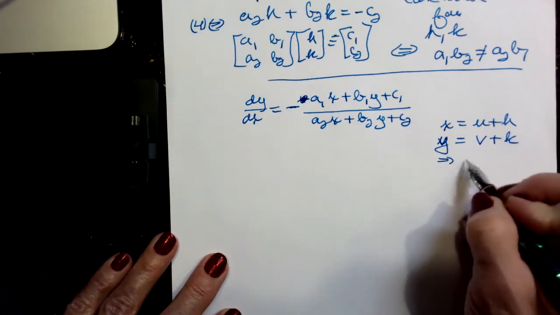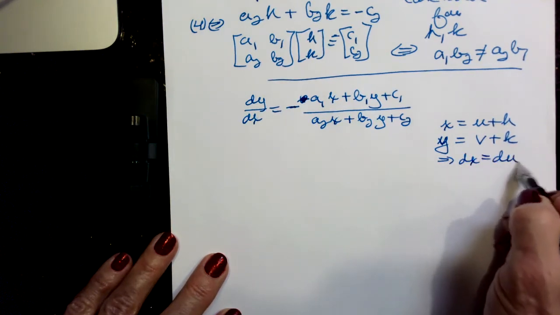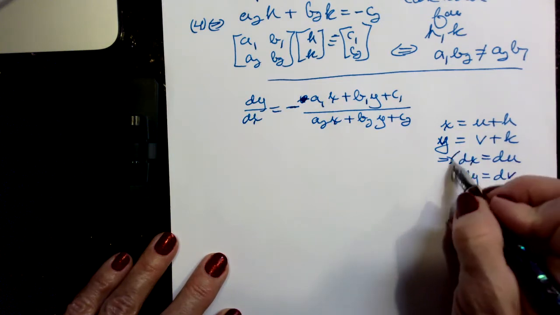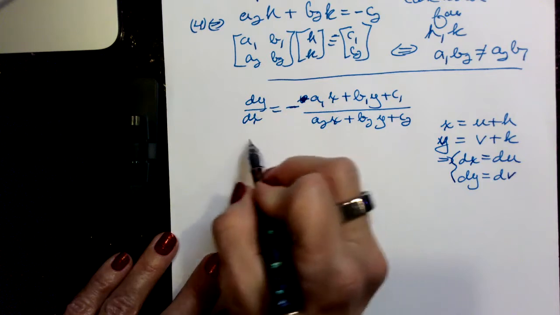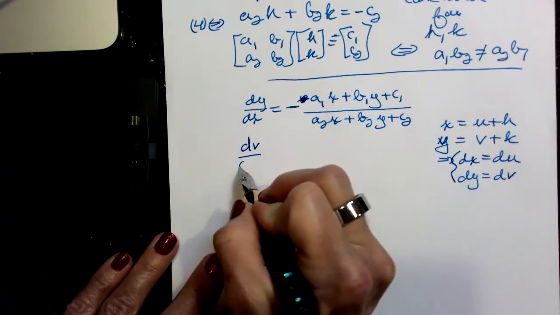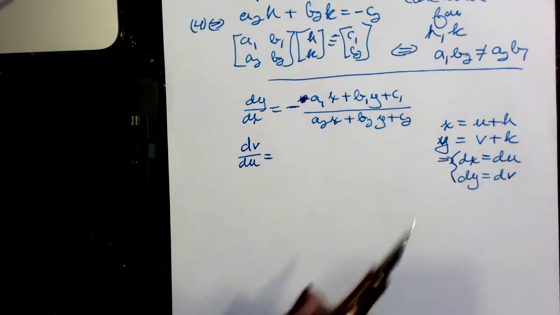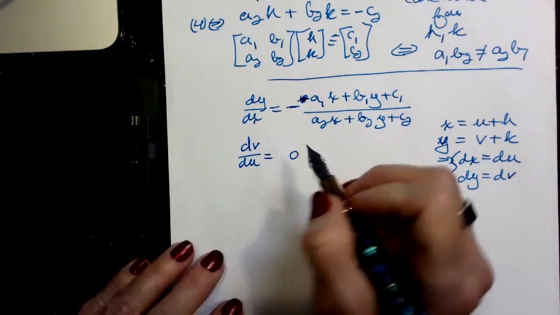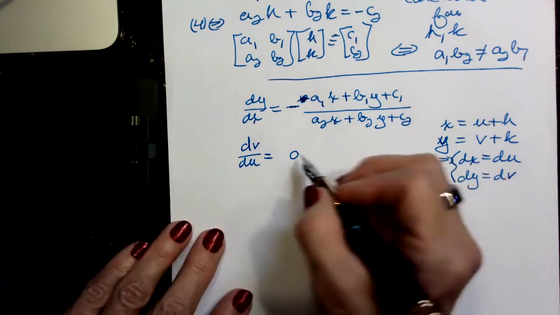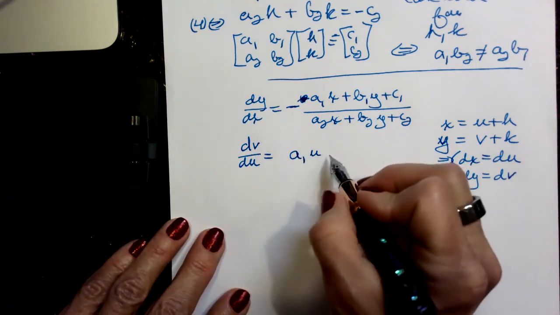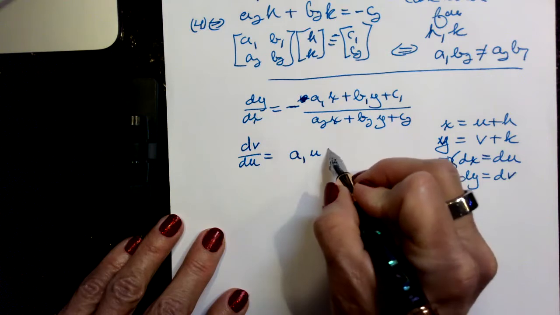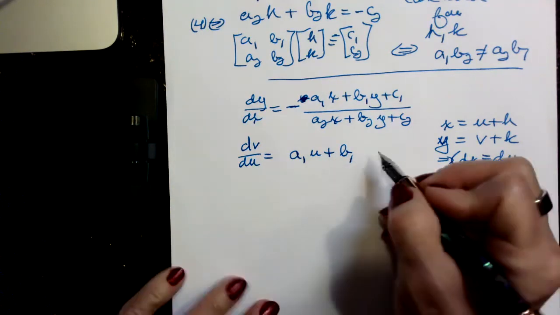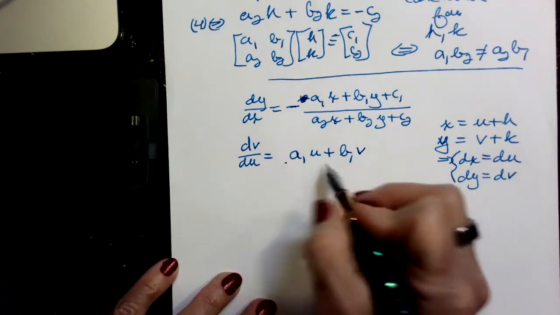So notice that dx is the same as du, and dy is the same as dv. So dy over dx is the same thing as dv over du. This right-hand side, by the calculation we just did, can be written as a1u plus b1v divided by